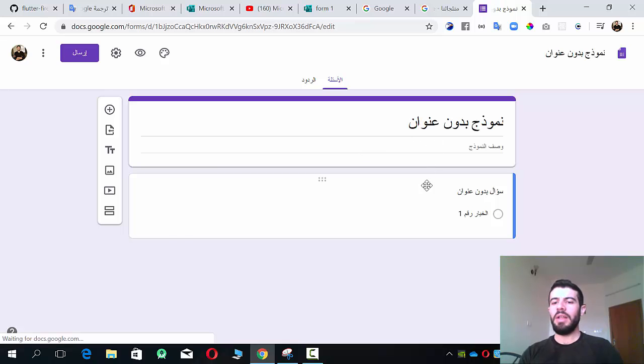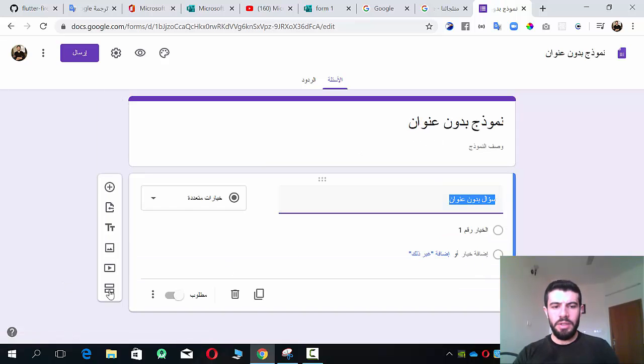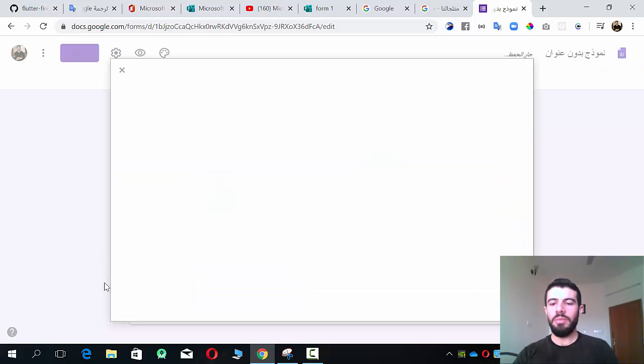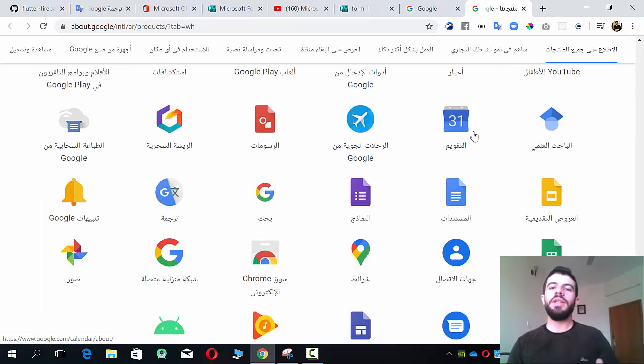Now also you can add a form and add a question and choose the type of the answer, text or option or image and so on. So you can use the form. This is very important, for example, in your research, or if you want to make a questionnaire or survey, or make a quiz for students, or for research where you analyze data, you want to collect data from a sample of people or community, and you want to analyze this data. So instead of using the paper questionnaire, you can make an electronic questionnaire or cloud questionnaire